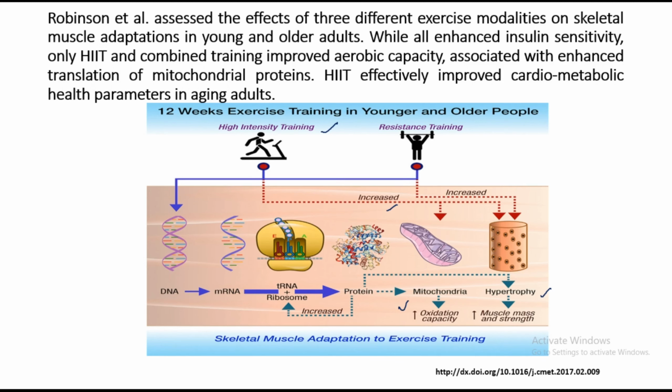Muscle oxidative capacity very significantly increases due to regular training, and muscle mass and strength also increase in any kind of training, depending particularly on the type of training. So in skeletal muscle adaptation to exercise training, there is muscle hypertrophy, an increase in the size of cells, the muscle fiber cells, and hyperplasia, an increase in the number of fibers in the skeletal muscle.